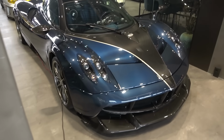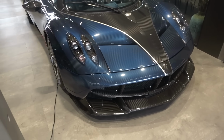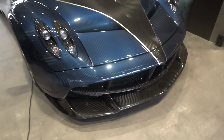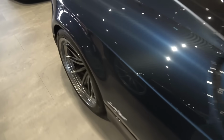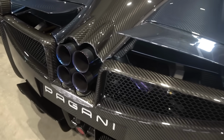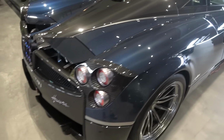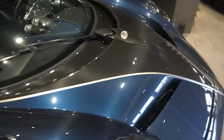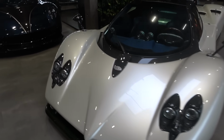Next to it, of course, is the Huayra, one of the original 100 Huayras. In fact, the last car to leave the factory, and it came factory fitted with the Tempesta package, the upgrade package that was made available with new wheels, exhaust, and some aero elements for this. Just look at the work of art that is the rear of this Pagani Huayra. However, I'm coming on through because a big car that I'm sure many people would like to see is this,